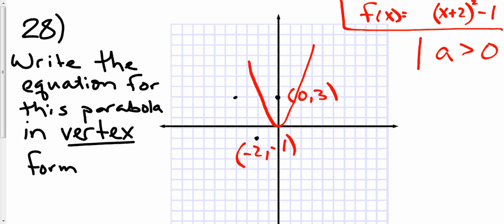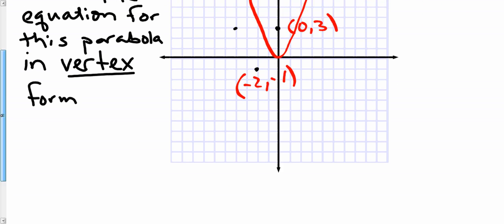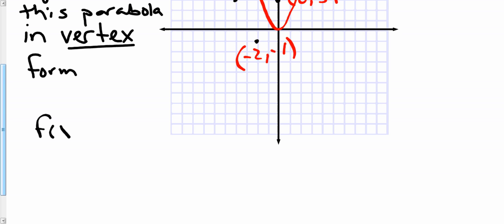So if f of 2 equaled 12, right? That meant that whatever your a was times x squared